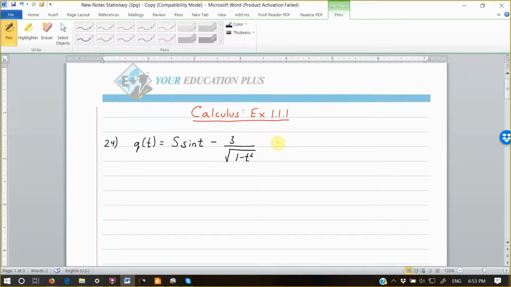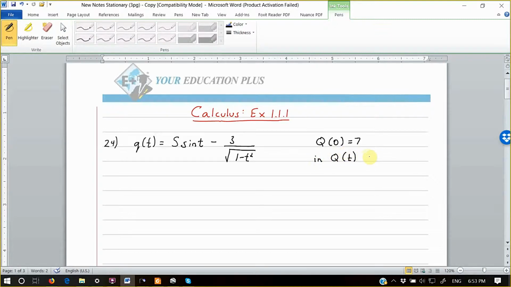So you're being told that this function here is the derivative. And then you're being told that q of 0 is 7. In simple words, if you do the antiderivative within the function q of t, there is a point (0, 7) that is on that curve. That being said,